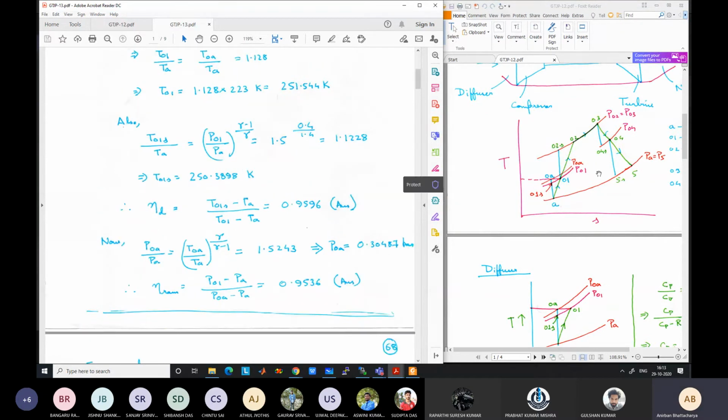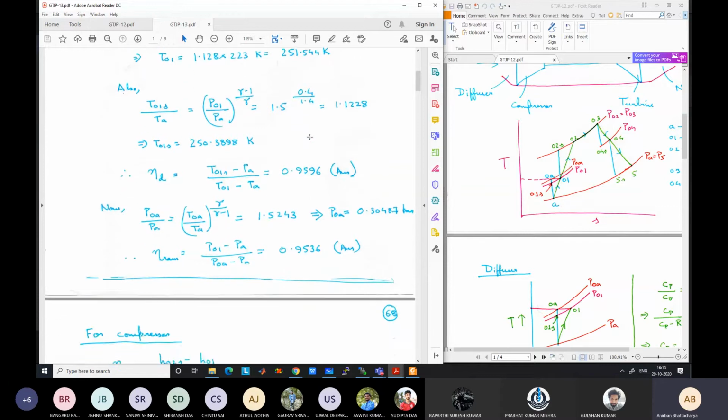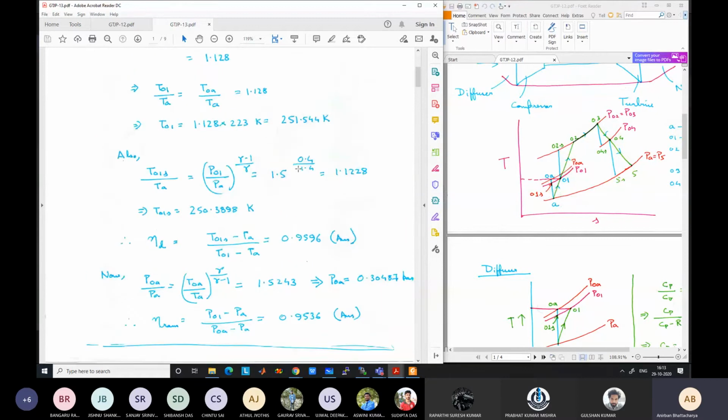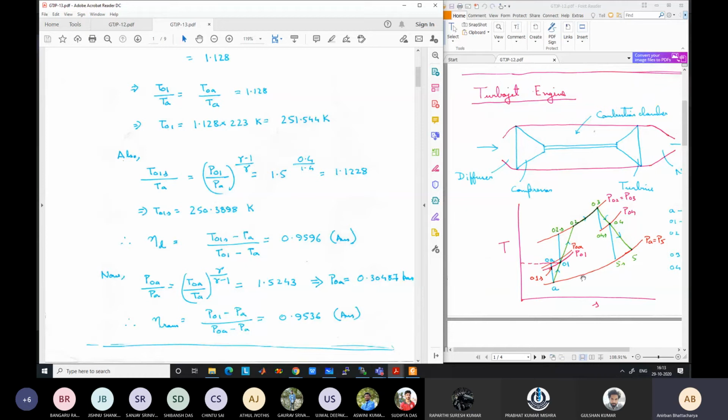If there are no questions, please read about this diffuser part from these notes itself. It is not given in a very good manner in this. You can read in the El Syed Ahmed book. That is very good, if you want. Otherwise, go to the notes. That should be sufficient. So once you can calculate, if the diffuser efficiency is given to you, either RAM efficiency or the isentropic efficiency. Okay, so once we are designing a turbojet engine, let us come back to our turbojet engine.